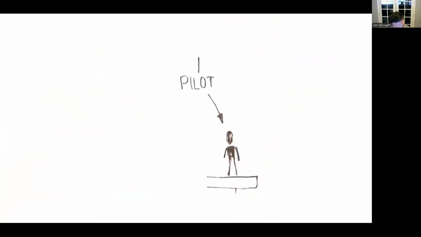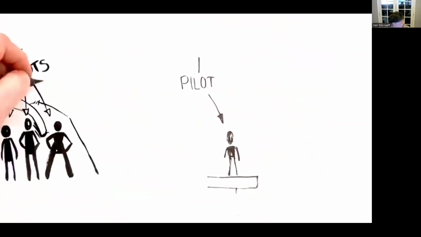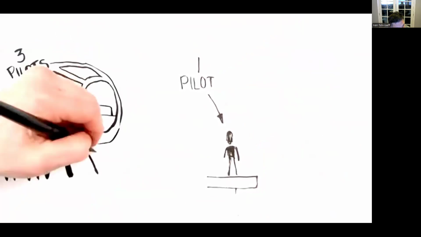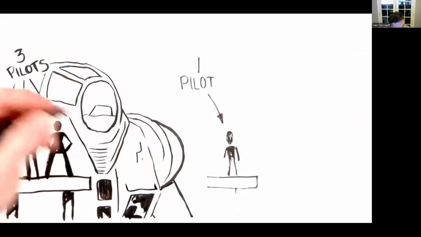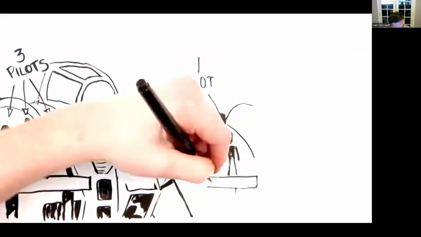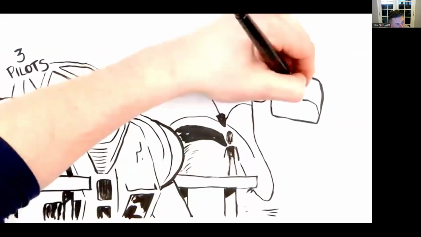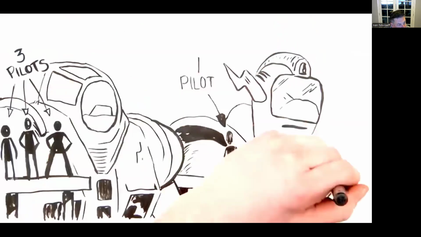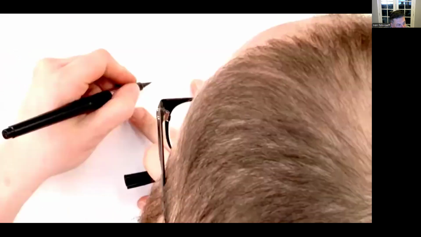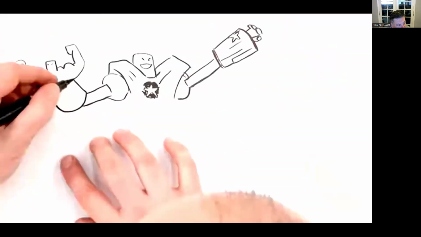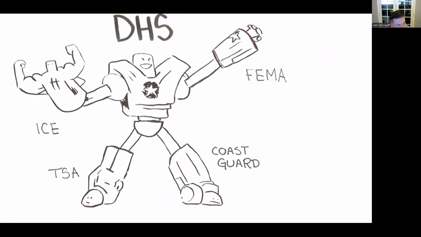Just like some giant robots have only one pilot and some have multiple, different agencies are headed up by different arrangements of officers. These positions are appointed by the president. The Department of Homeland Security has one officer in charge of the whole agency who reports directly to the president. The FCC has multiple commissioners who all have slightly more independence. Officers in charge of certain very important agencies make up the president's cabinet. Also, while some agencies are totally independent, other agencies can actually be subsumed into one giant super agency.